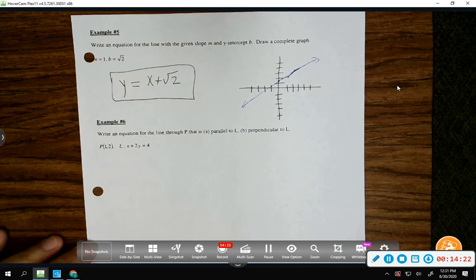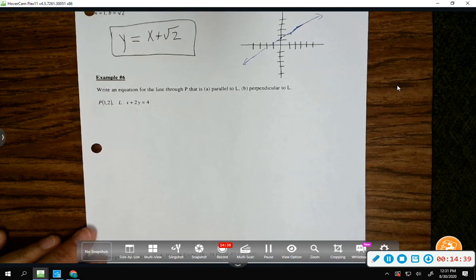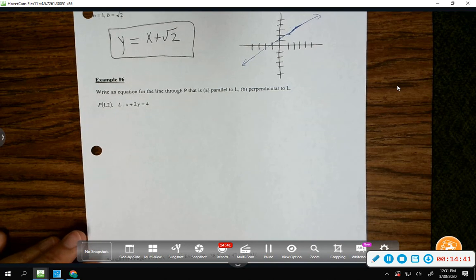But remember, pi is an irrational number. 3.1415 goes on forever. E is an irrational number. Most people memorize the value of E as 2.71, but it's a non-repeating, non-ending decimal that goes on. Okay? Example number 6. Write an equation for the line through P that is parallel to L and perpendicular to